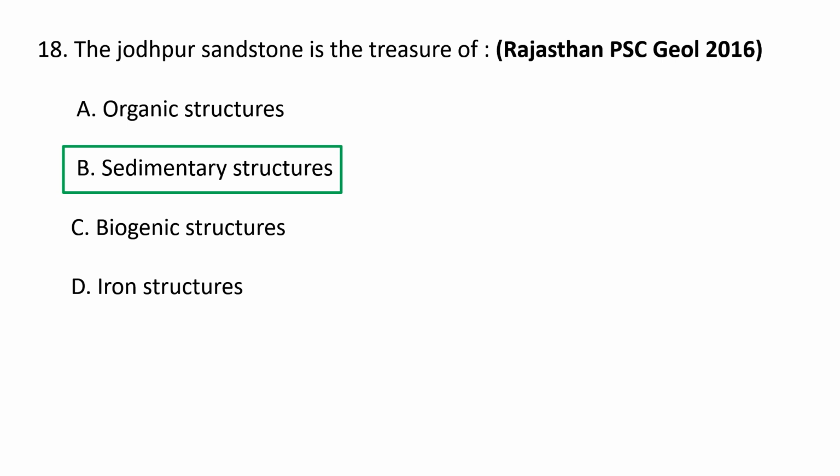It has several sedimentary structures including microbially induced sedimentary structures and also small rounded to elliptical mounds or blisters that create a granular surface. These structures can be circular or elliptical, and they range in size from 1 to 4 millimeters. And they can be seen on both the ripple surface and the plain bed, and they give rise to a bedding plane mat texture. So the Jodhpur sandstone is a treasure of sedimentary structures. B is the correct